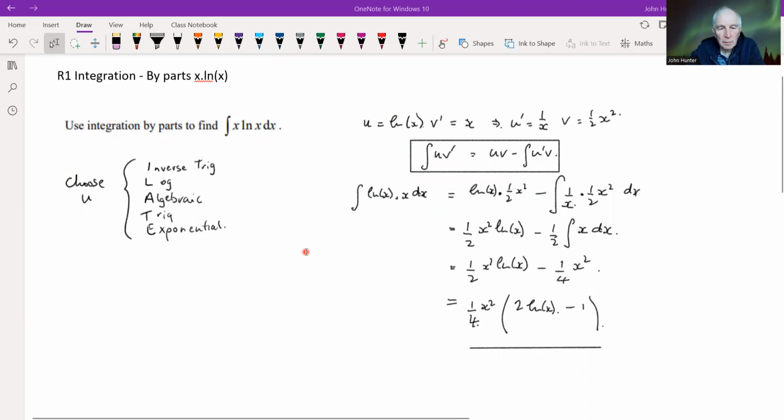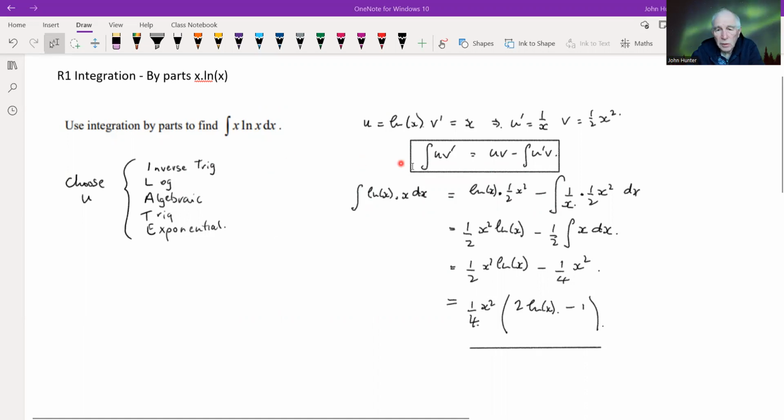Well, this is a worked example for the integration section for integration by parts. This particular one we're doing is relatively straightforward integration. That's x times the natural log of x. So if we recall the lesson on this,